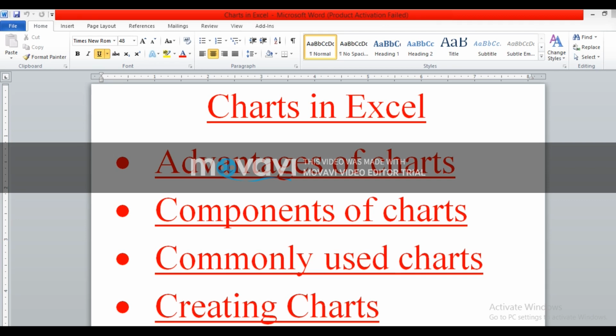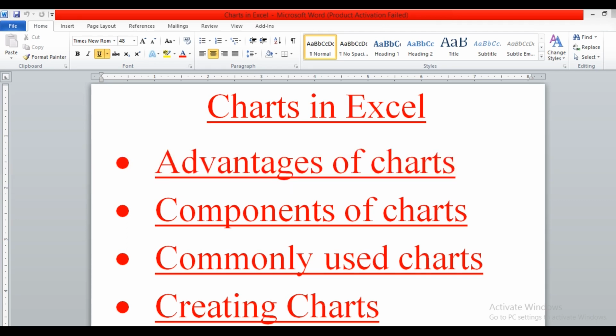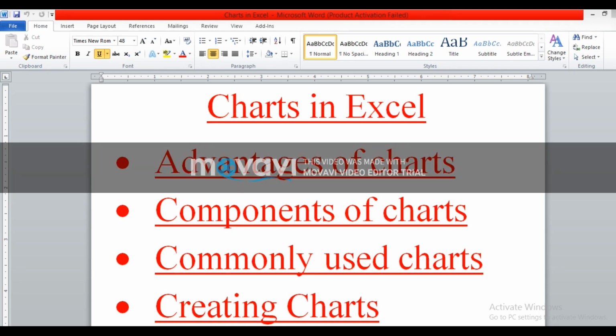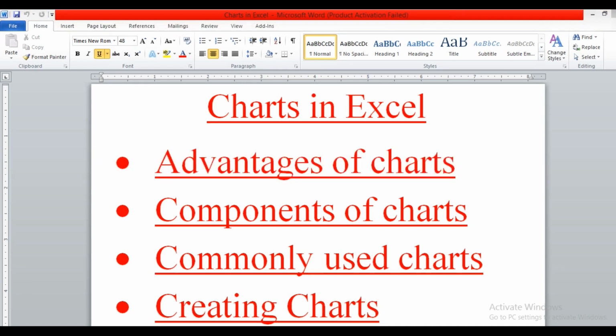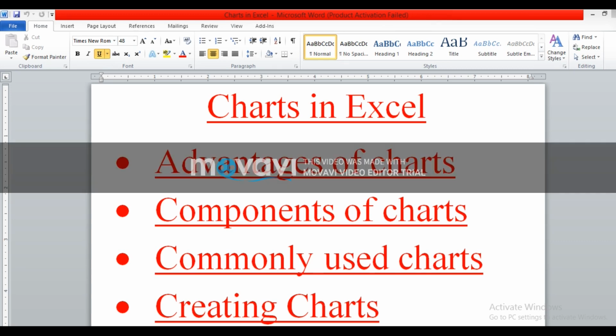Charts are the pictorial representation of numerical data arranged in the form of rows and columns. When we create an Excel sheet, if we want to arrange our data in the form of pictorial representation, for that we are using charts. Charts are easier to understand and analyze, and they represent our data in an attractive manner, and give a longer lasting effect on our mind than a simple spreadsheet, because it is a pictorial representation of data.